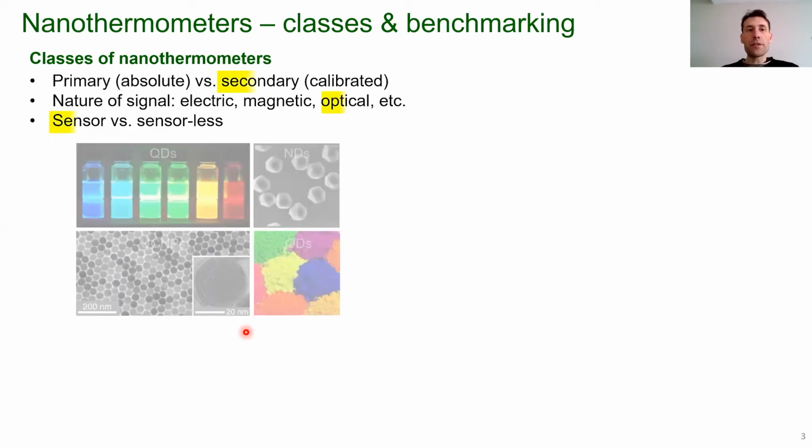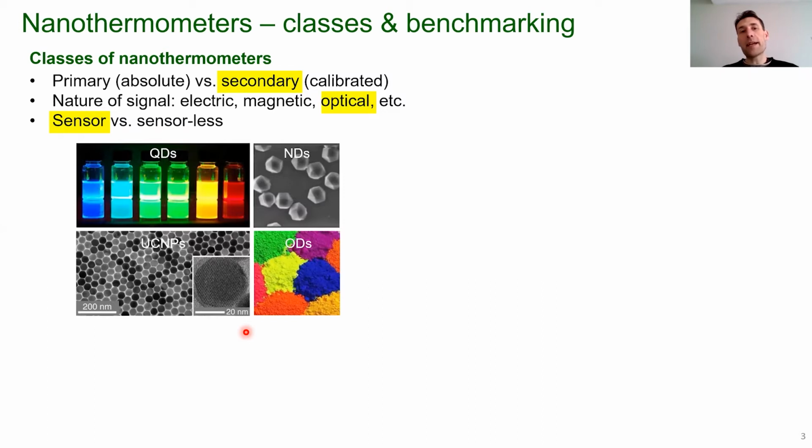For today, I'm going to focus on nanothermometers that are secondary, which means that they need to be calibrated. They are not based on, for example, a thermodynamic equation from which we can extract the temperature. These are thermometers that we need to calibrate against a certain range of known temperatures before they can be used. Of all the types of signal one can use to measure temperature, these particular nanoparticles that I'm going to review today are mostly going to be using an optical signal. So we're going to monitor the temperature based on some fluorescent property of these materials. And of course, there are sensors that require you to have a sensor located wherever you want to measure the